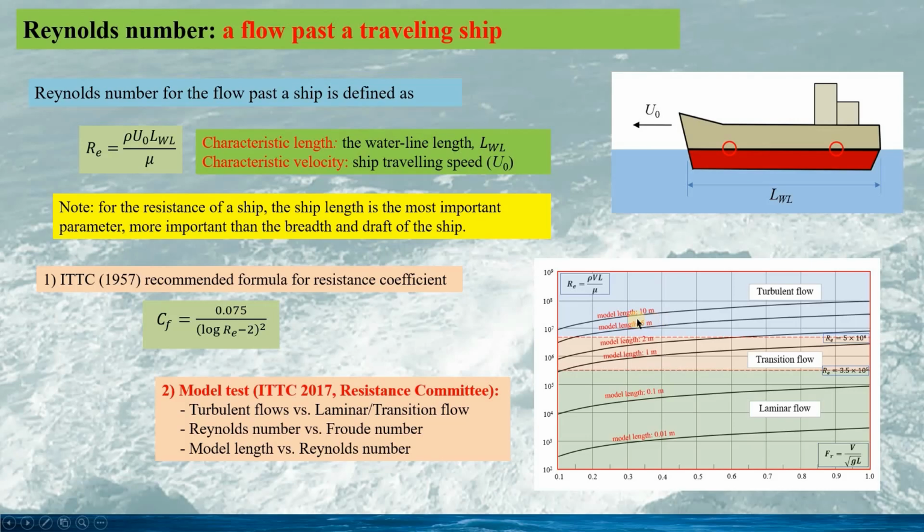So we can see here the Reynolds number is very important for the model testing. If we need to decide what size of the model is good for the model test,